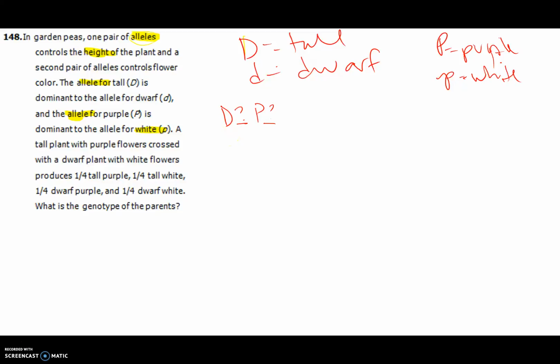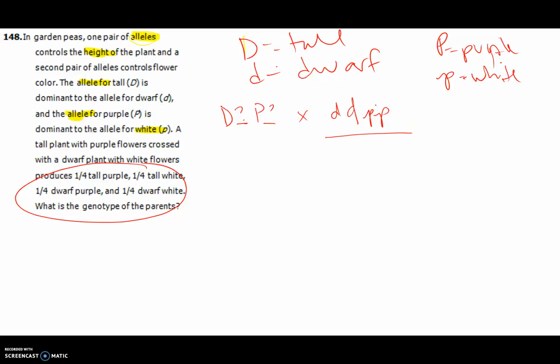So a tall plant with purple flowers is crossed with a dwarf plant with white flowers. Okay. And it produces 1/4 tall purple, 1/4 tall white, 1/4 dwarf purple, 1/4 dwarf white. What is the genotype of the parents? Okay, so you can try different possibilities, but also looking at the information that is given to you right here, you can kind of think to yourself, okay, if I'm going to have